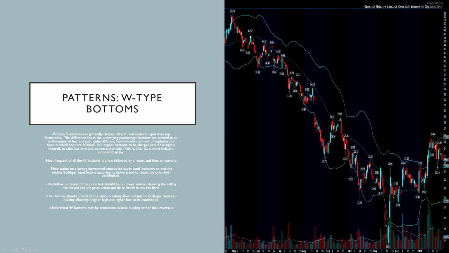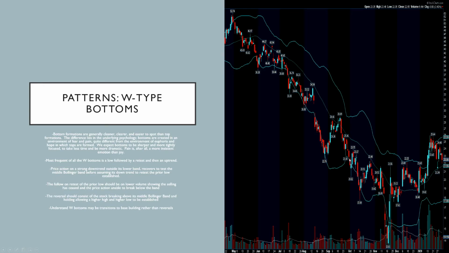As it pulled back, it hit that middle Bollinger Band, rejected, tagged the lower band, and tried to recover, rejected again, unable to make it back above its average. It tagged the lower Bollinger Band, tried to recover, tagged it, made a push towards that middle Bollinger Band to try to recover, immediate sell-off, retagging the band. Again, it tried to make another recovery to break above that middle Bollinger Band and establish a base above it,